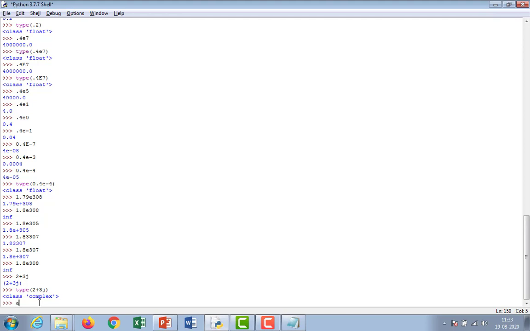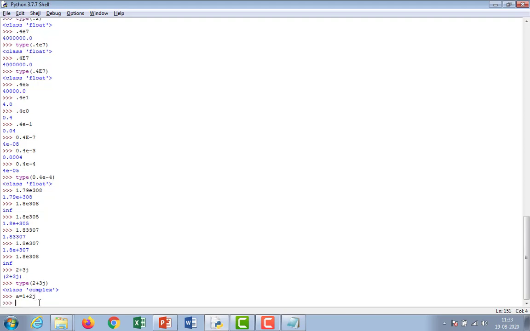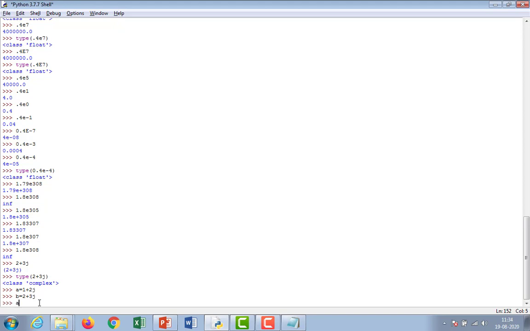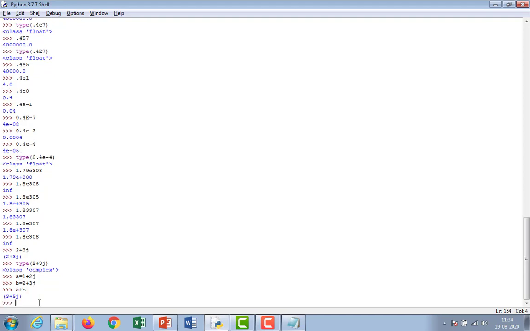Suppose a is equal to 1 plus 2j, enter. b is equal to 2 plus 3j, enter. a plus b. Is printing possible for two complex numbers? Yes, it is possible. 3 plus 5j. See how simple the Python language is. Addition of two complex numbers becomes this much easy.